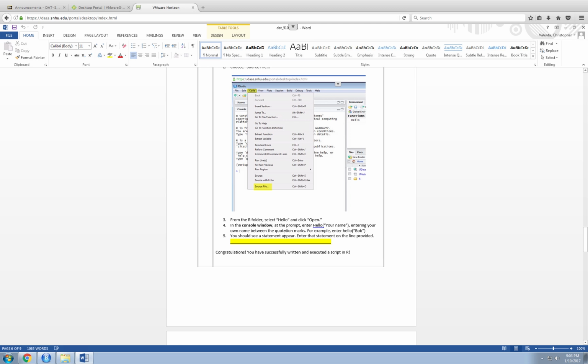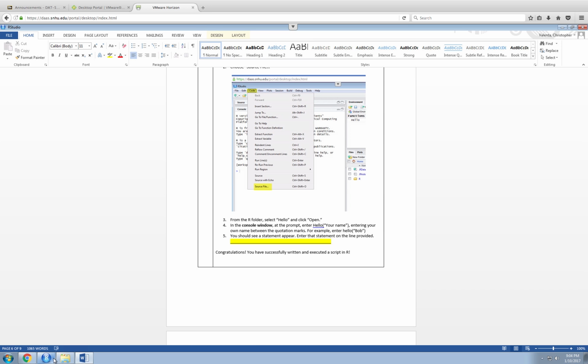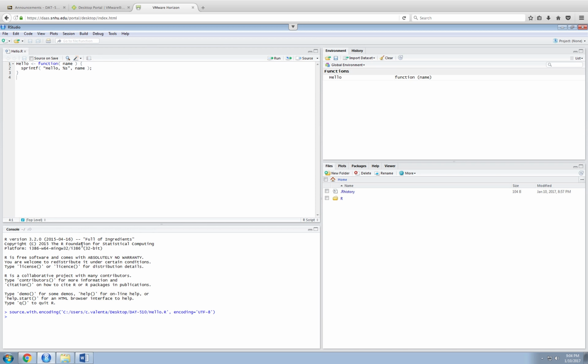Now, following along in the directions, in the console window, at the prompt, enter hello, your name. So let's go back to RStudio. In our console window, just ignore this from before. Oh, this is actually the code that loaded this function up. So now I have this function. This means I can use this function in my console window. The console window is below the scripting window. So if I write hello, my name,